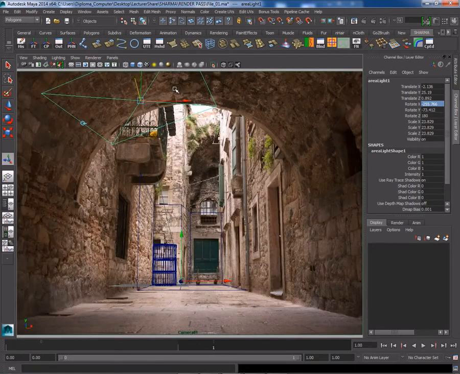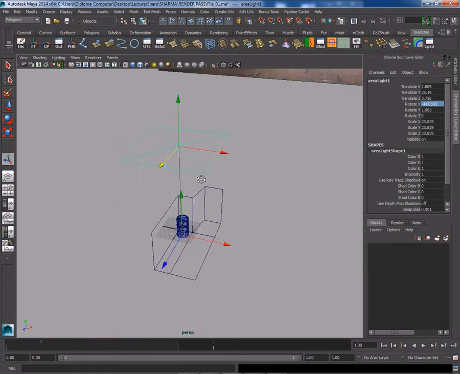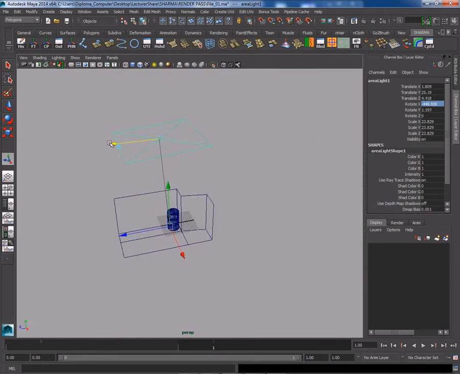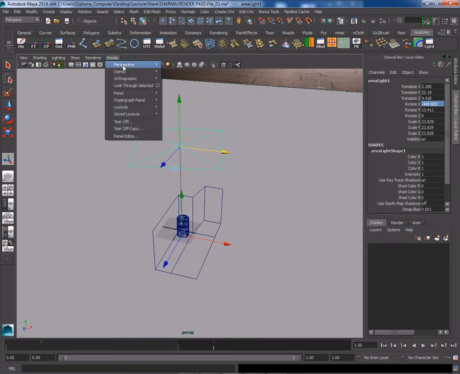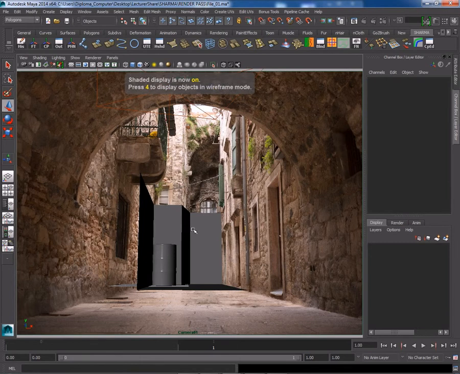Okay, when I'm placing my light, I have to check whether all these walls are nicely lit, even this side also, meaning the light is able to hit this region also. Okay, it should be something like this, so it will hit the entire region. Okay, and currently, just to check,